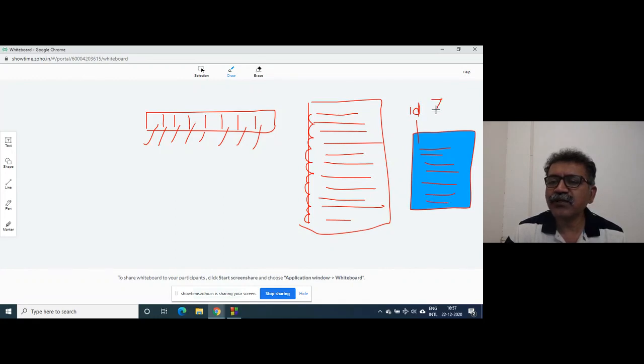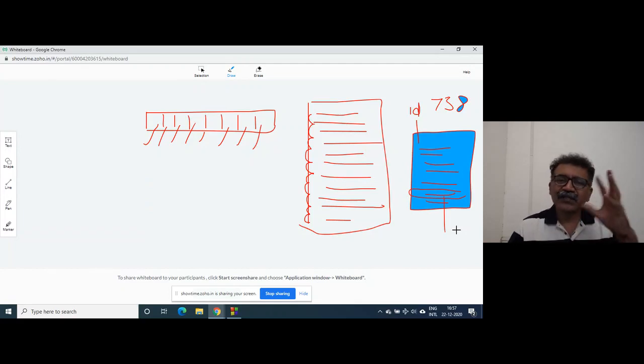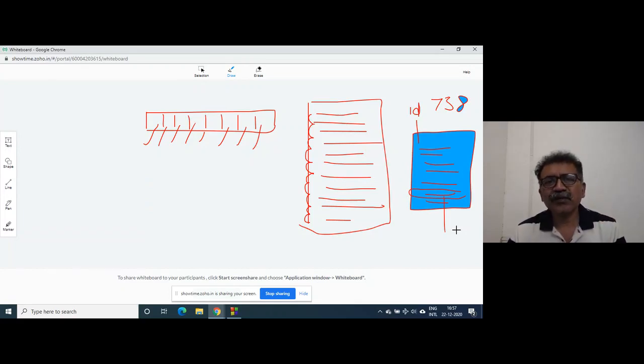Suppose your number is 738 in your ward, then it will go on searching, and if they find it, okay, this is a search. This is a very simple process, though time consuming. It is definitely time consuming.